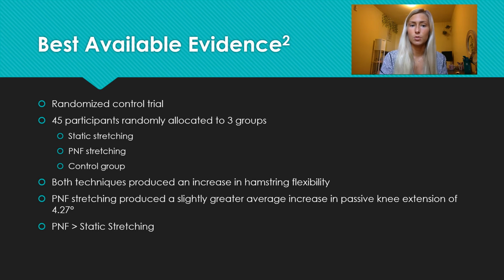And so the individuals that were assigned to the PNF stretch group were instructed to contract their hamstrings by flexing the knee against resistance, which was held by the researcher. And this contraction was held for 6 seconds, and then the knee was passively extended into full extension, which would be the new endpoint after the contraction. And so the PNF and static stretch were both done for only one repetition, and then hamstring length was recorded